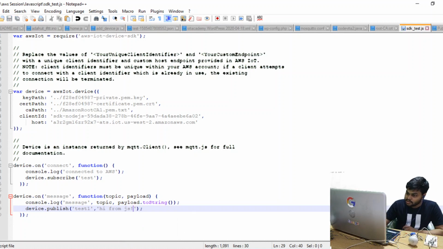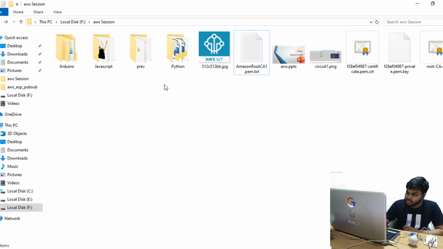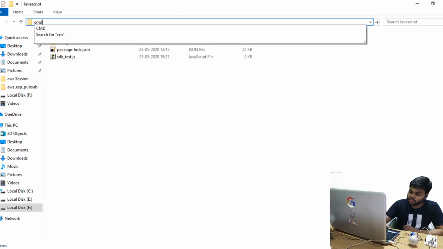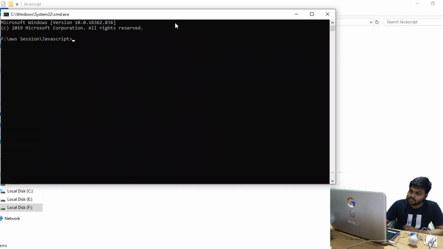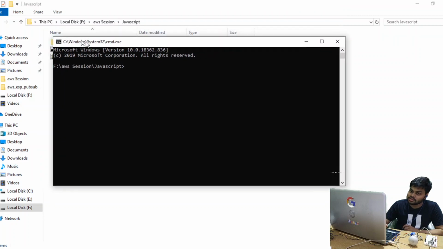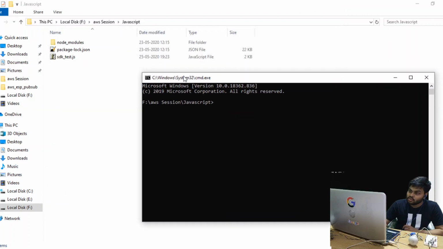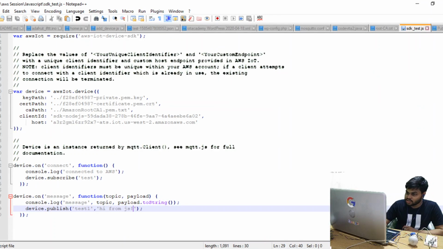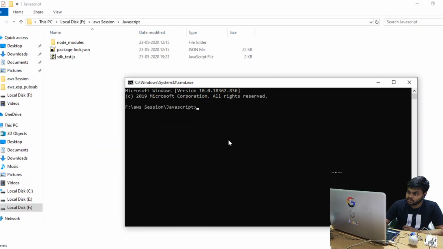And how do we run that? Okay, so you can run it very easily with Node. You have Node installed on your system. If you are working on Raspberry Pi or similar types of controllers, it's very helpful, because Node.js is very lightweight and asynchronous in nature, and it's very helpful in IoT projects. So SDK test is created, and we will subscribe to test and publish to test1. Fine.